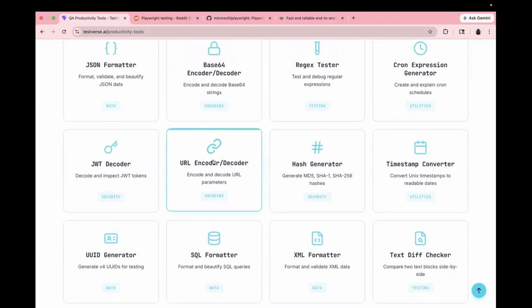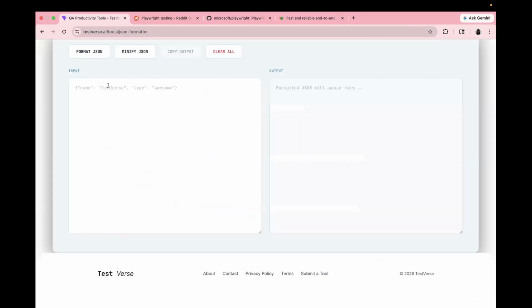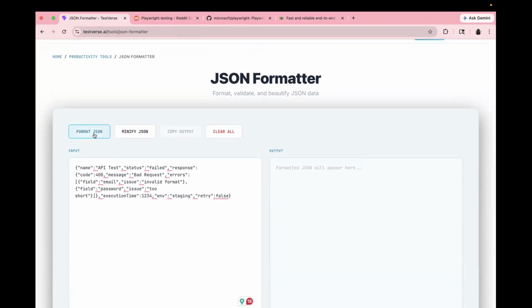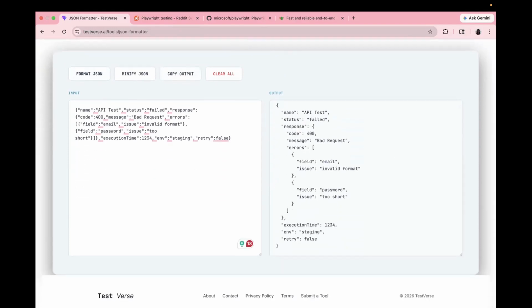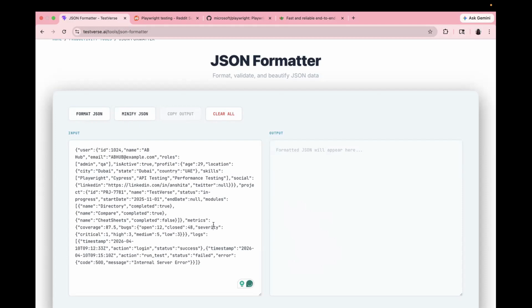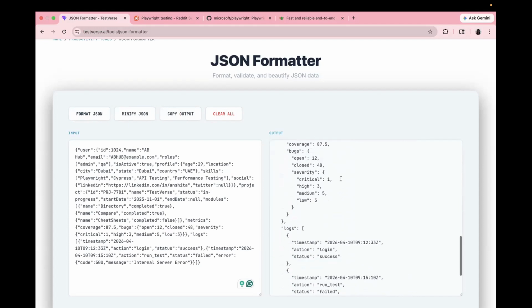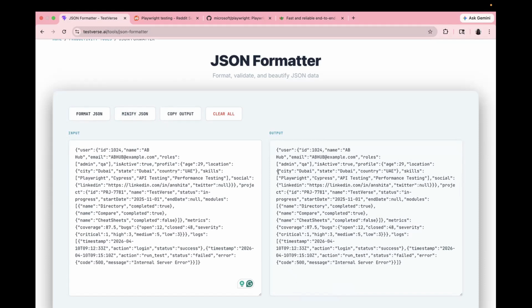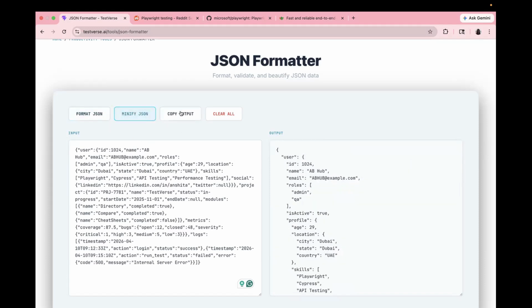So here, let's say for JSON formatter, you can paste your JSON and it will format instantly. For example, let's click on this one. For example, we have this JSON and you want to format it. So just click on format JSON and it will give you the JSON in a formatted manner. Now we have one more JSON, which is a nested JSON. And let's say we want to format this one. So let's paste your JSON over here and click on format JSON. And you see over here, this is formatted in just a couple of seconds. All right. And if you want to minify JSON, you can use this also. Fine. So you can format it, you can just copy the output,